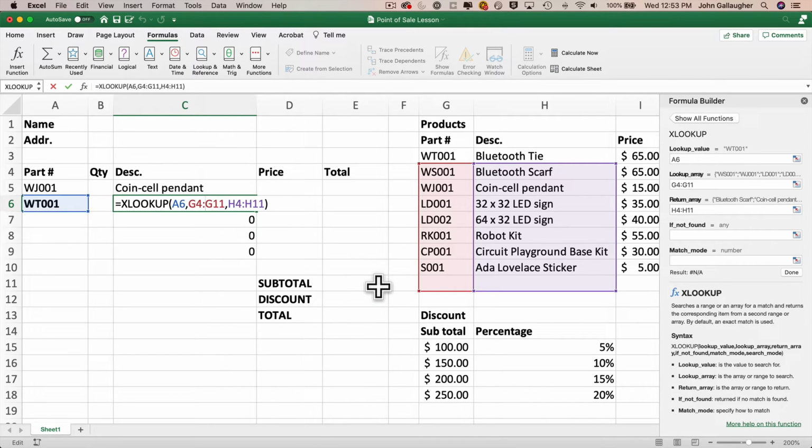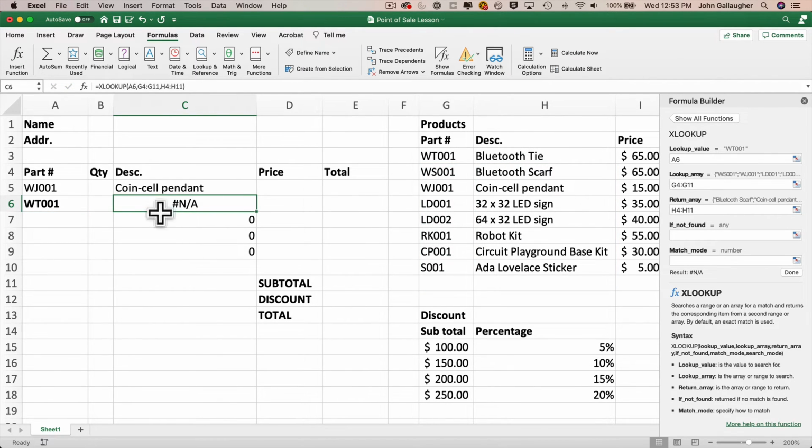Not what I want. And you can see that the lookup range no longer has a value for WT001, and if I escape out of the formula bar, that's why I see #N/A. That's Excel's not available error, meaning that there's no WT001 in my lookup range, and you should know how to fix this. So let's fix this formula by heading back to C5 and clicking in the formula bar, and I